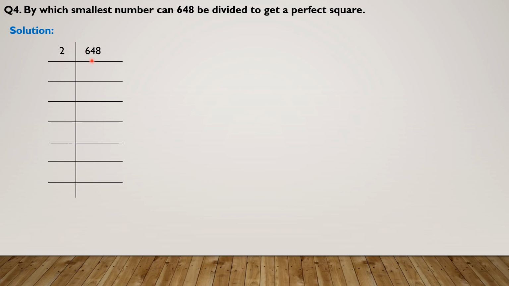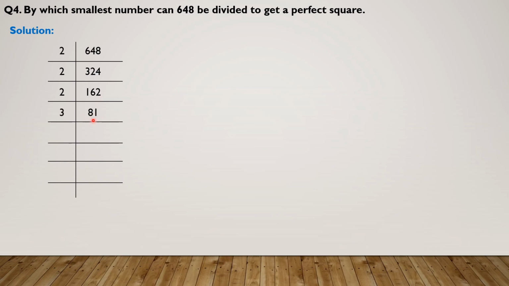Divide 648 by 2. 2 3s are 6, 2 2s are 4, 2 4s are 8. Or you can do the division in your rough work. Again you get 324 and this is divisible by 2 because at unit place you have an even number, so you will divide it by 2. 2 1s are 2, 1 remainder, and 12 here, 2 6s are 12 and 2 2s are 4. Again at unit place you have even number 2, so again this number is divisible by 2. We will write here 2, divide it by 2, we will get 2 8s are 16, 2 1s are 2.